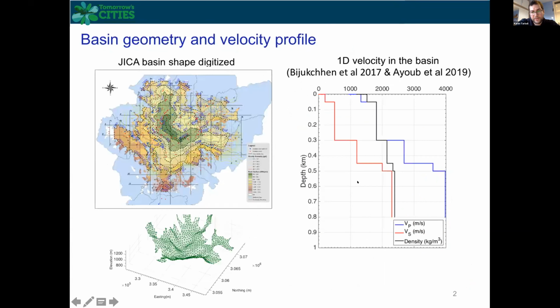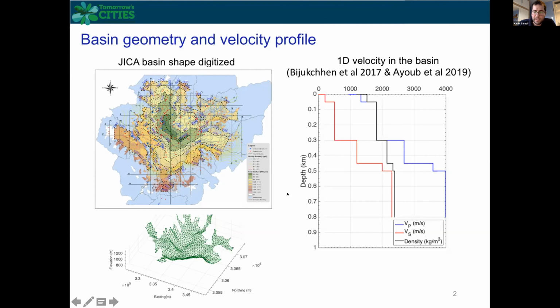For the purpose of accurate modeling, since the work on the Kathmandu Basin geometry, as I mentioned, based on the JICA report, is still going on, I have digitized the JICA report using a very approximate approach, where I have placed the contours on the report output file. This is the rough shape of the basin in Kathmandu, with maximum depths of around